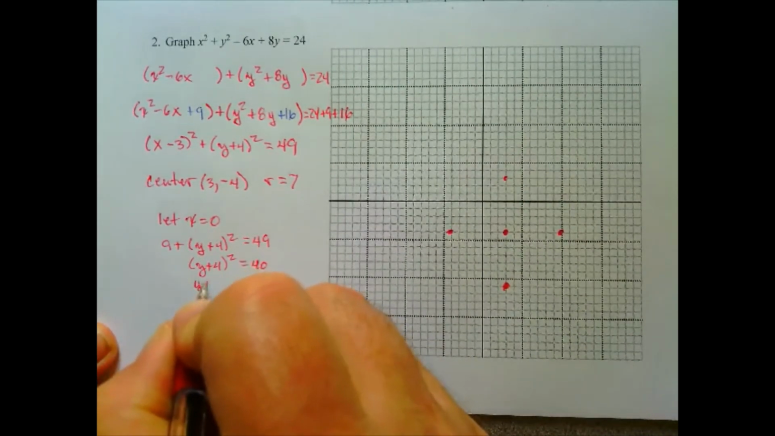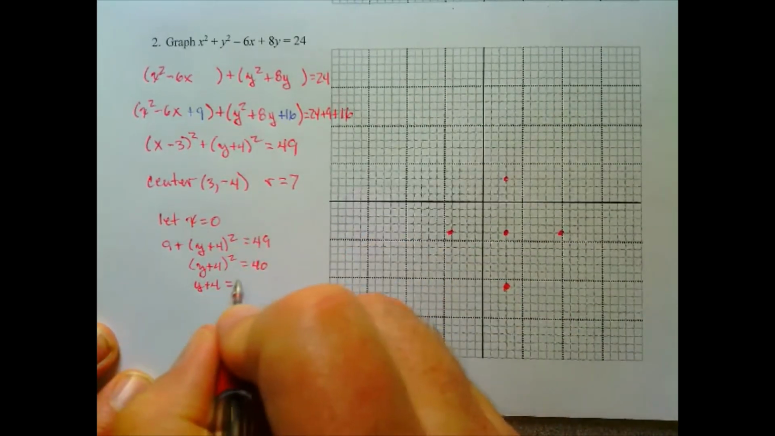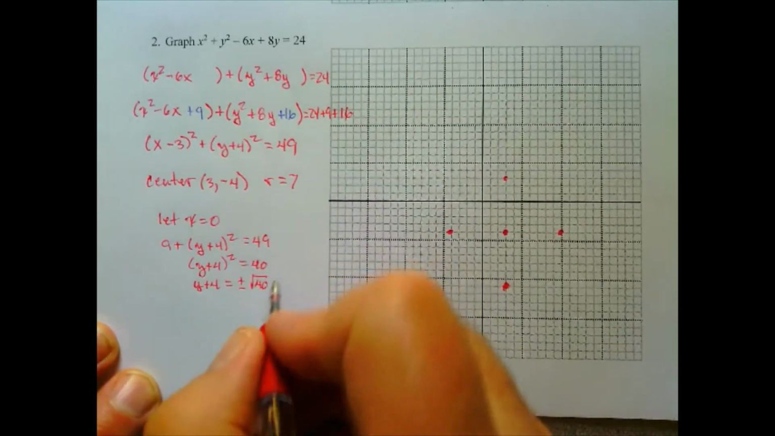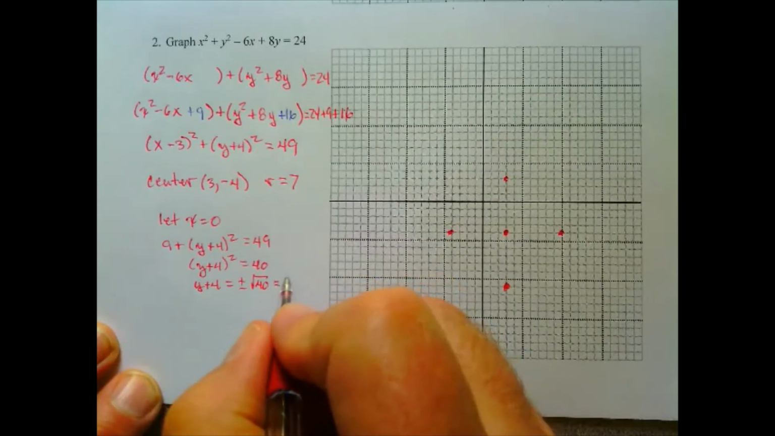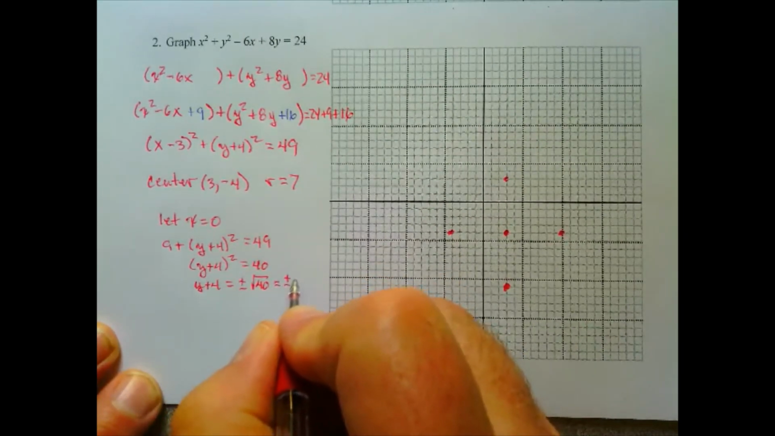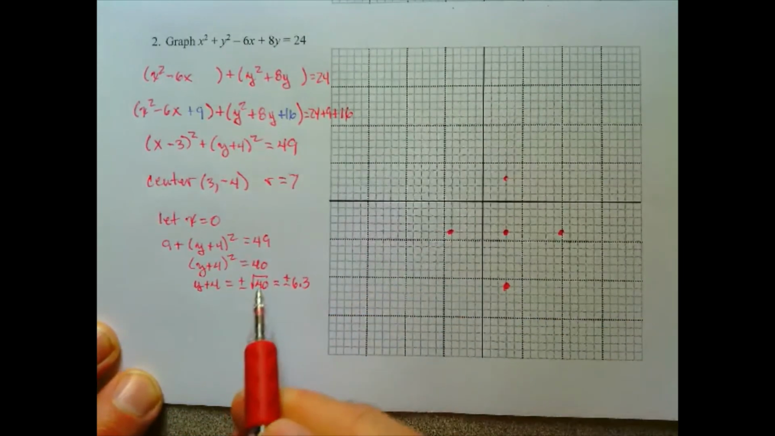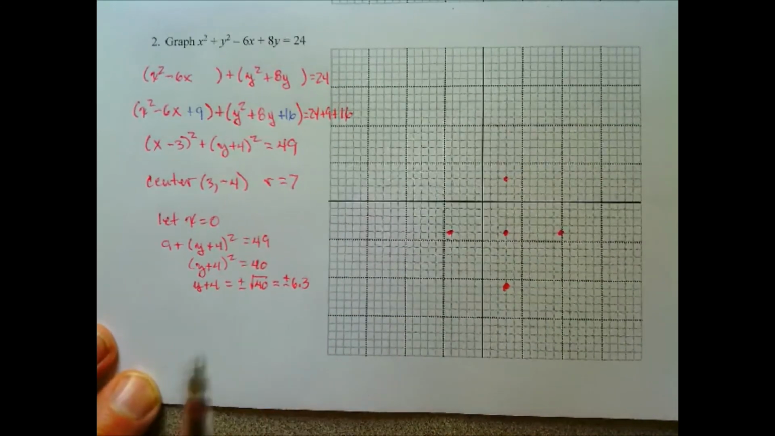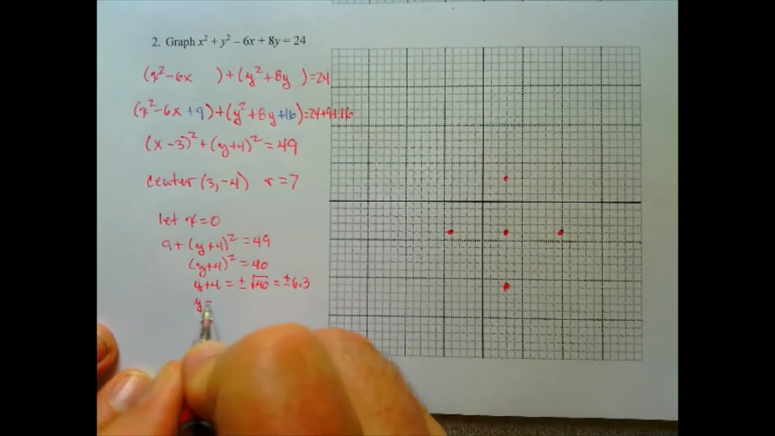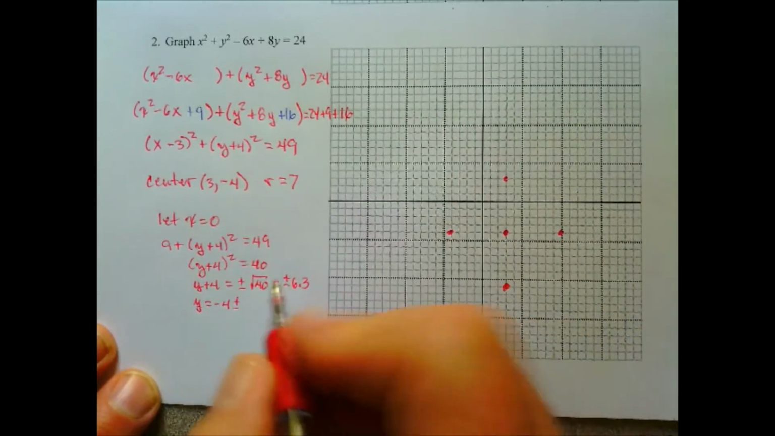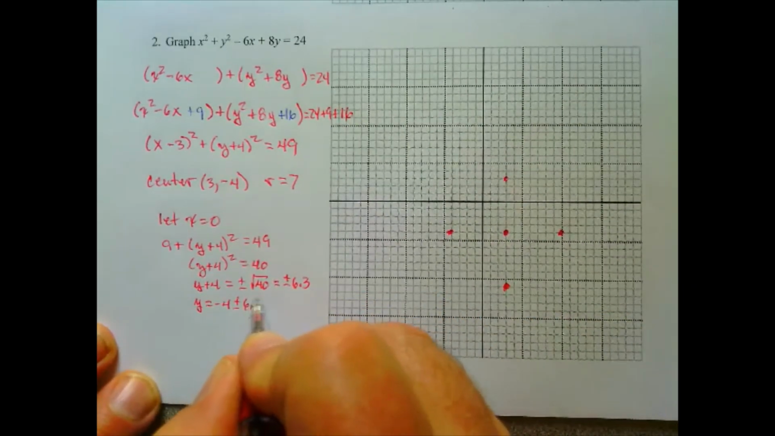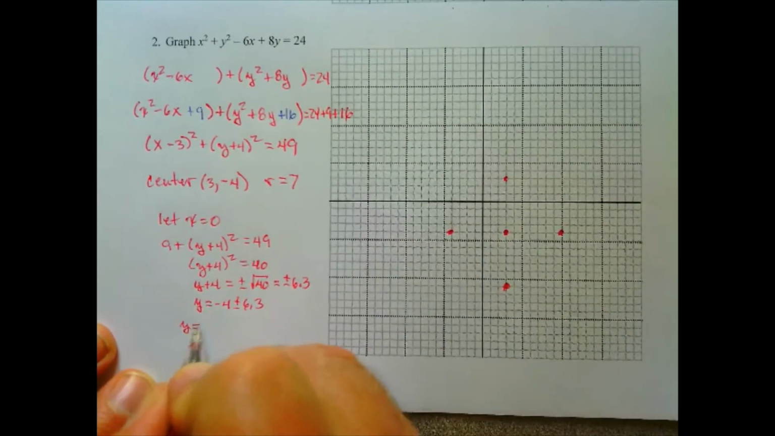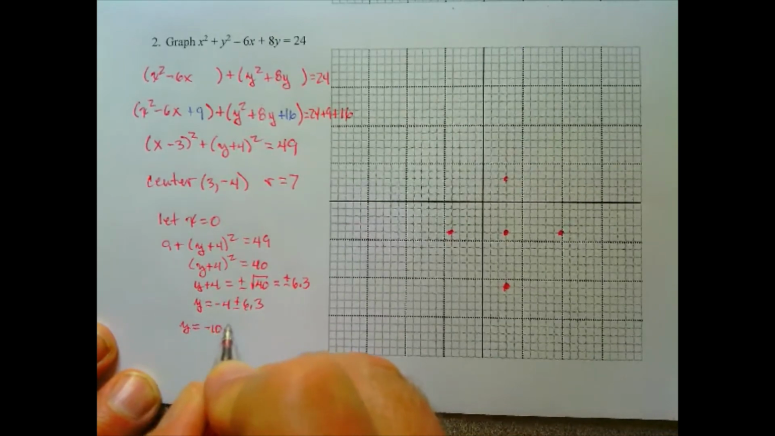So y plus 4 equals plus or minus the square root of 40. And you've got to say plus or minus, which, since we're going to be doing graphing, we can take as plus or minus about 6.3. It's more than 36, which would be 6, and less than 49, which would be 7, so 6.3. So moving the 4 over, we're going to have negative 4 plus or minus 6.3. So that's going to give us, if we subtract them both, y will equal negative 10.3,